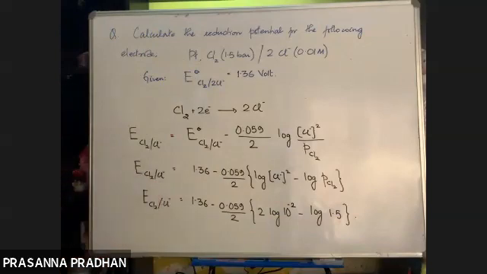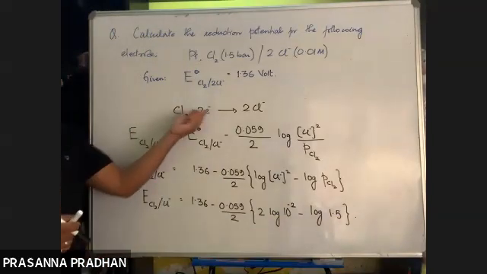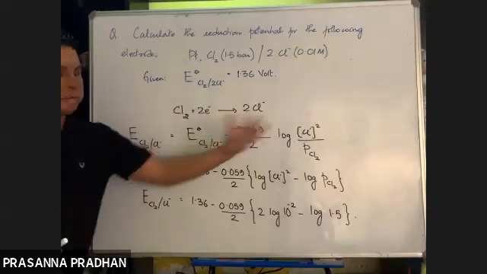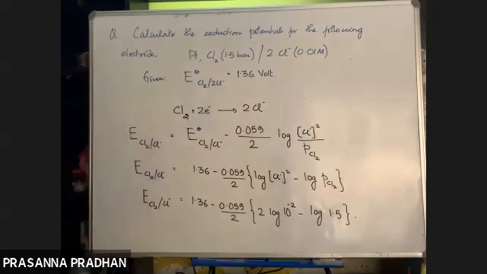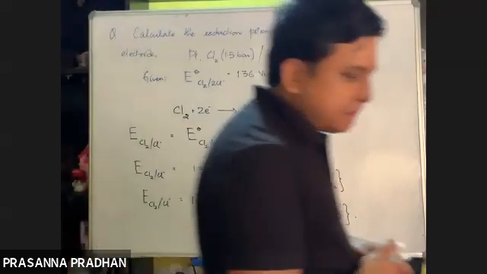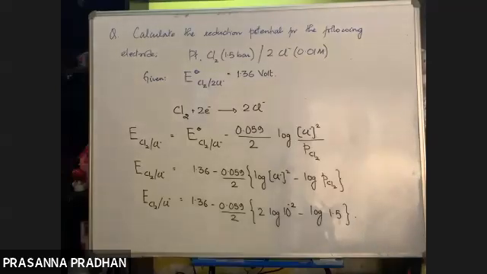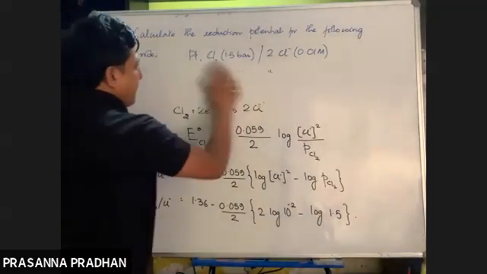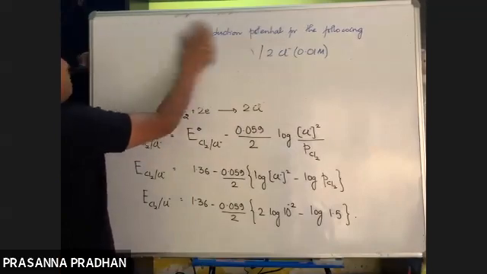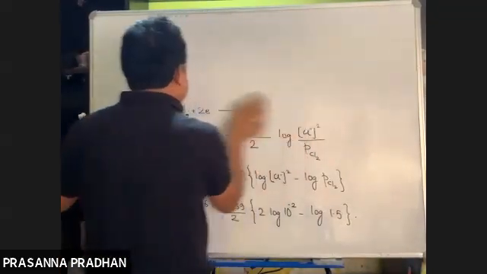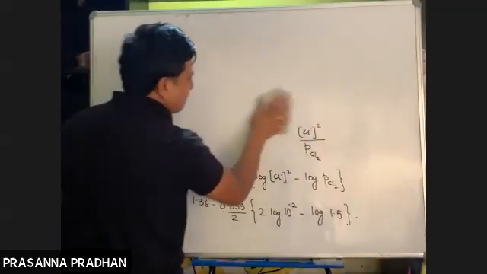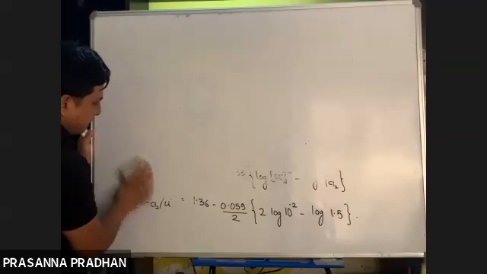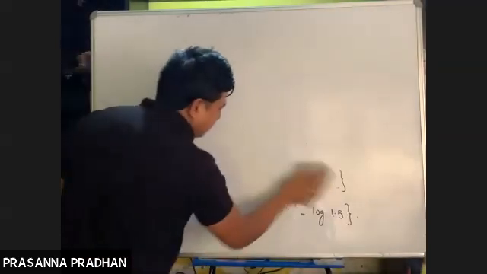So for a reaction taking place at a particular electrode, the Nernst equation is expressed in this way. Till now we have been discussing the Nernst equation for a reaction taking place at an electrode. Now we shall consider the Nernst equation for a full redox reaction. How do we write down the Nernst equation for a redox reaction?